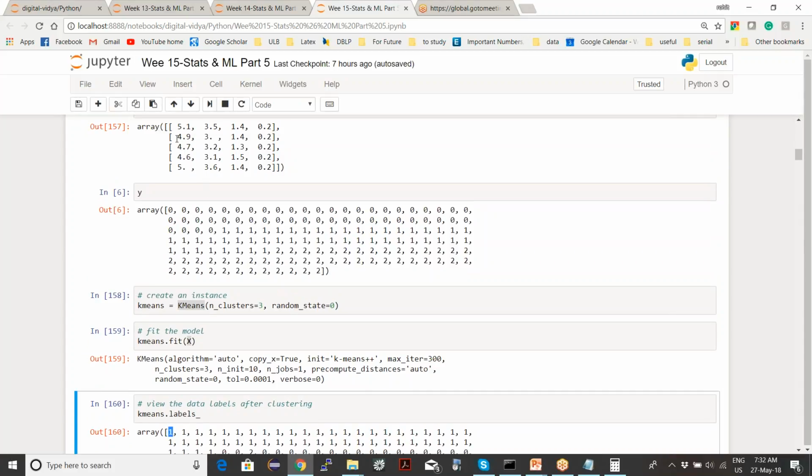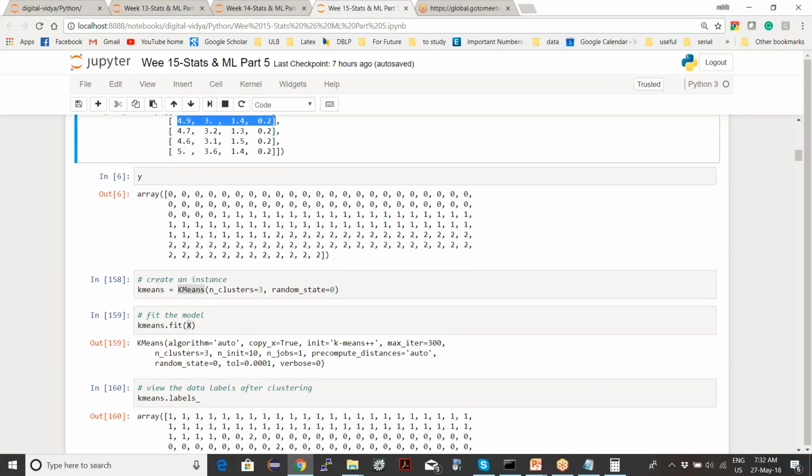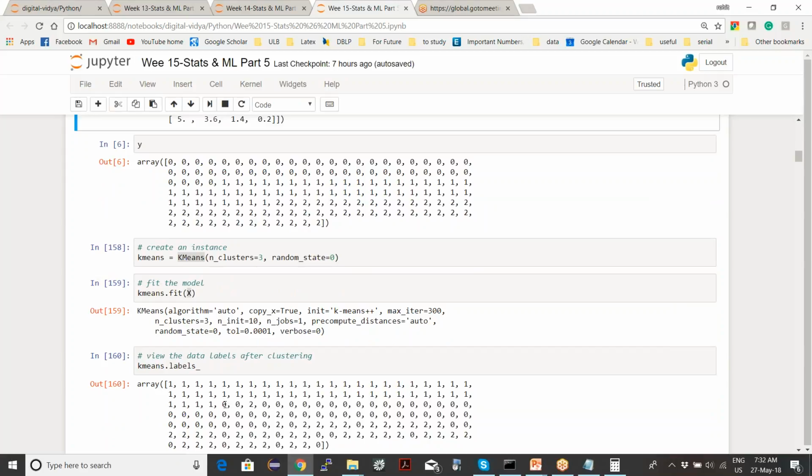For the second row, neighbor is 1. For the third row, neighbor is 1. For some other row, neighbor is 0, I don't know, this is like 30th or 31st. For this row, the neighbor is 2. Is it clear now?